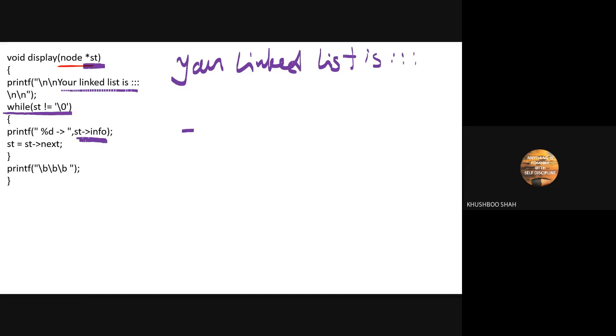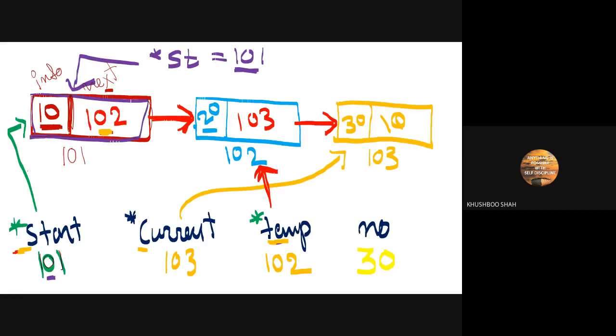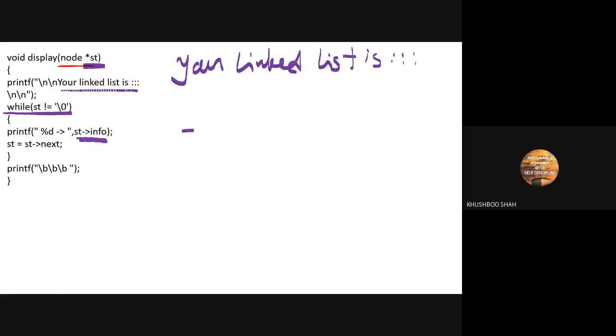What is the value of st info? 10. This is my st which is pointing to this node, and this is my info part. So 10. There is a %d with the arrow sign, so it will print this.